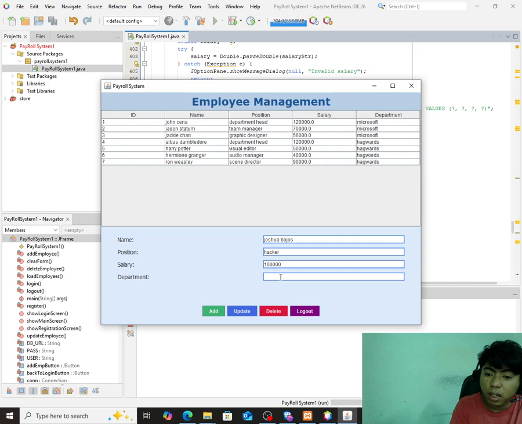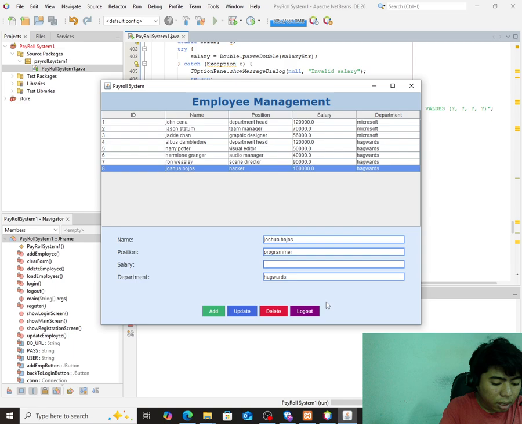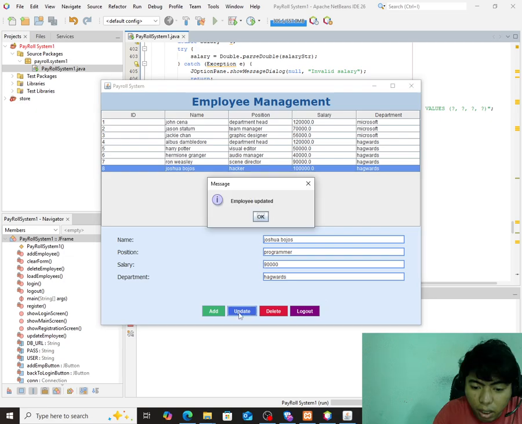Next, the update button. How is it used? You click the name that you want to update. So you can just use this name, hacker, and make it programmer, and change my salary to 90,000, and the same department, and you can update it. As you can see, I'm now a programmer with a 90,000 salary, and with the same